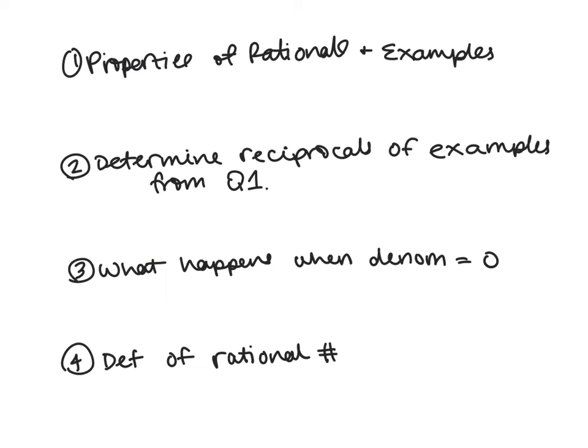So before we get into rational functions, we want to make sure we know what rational numbers are. Number 1 says list some properties of rational numbers. In short, rational numbers are numbers that can be written as fractions. So, for example, numbers that can be written